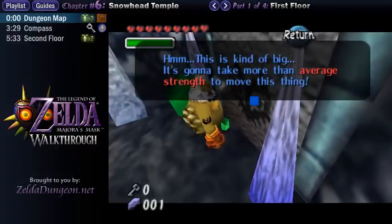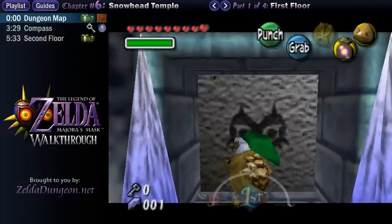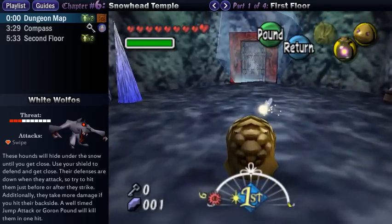damage. You want to fire punch through the ice stalagmites blocking your way and touch the heavy stone block. That'll inform you that these bigger blocks are pretty darn heavy, so you'll have to use the Goron mask to push it forward. In the second half of the entrance, you'll meet a white Wolfos, and we fought several of